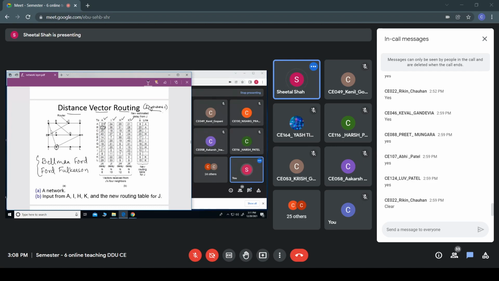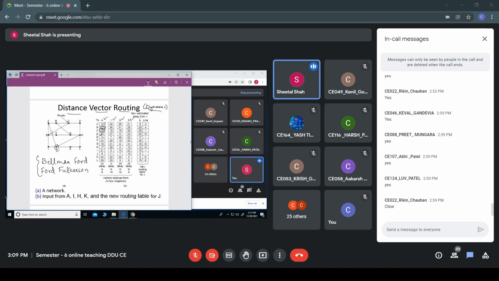To reach C from A, it takes 25 units cost. To reach D through A, it takes 40 units cost, and so on. Are you getting this? This is the table constructed by A, and it will be provided to router J.